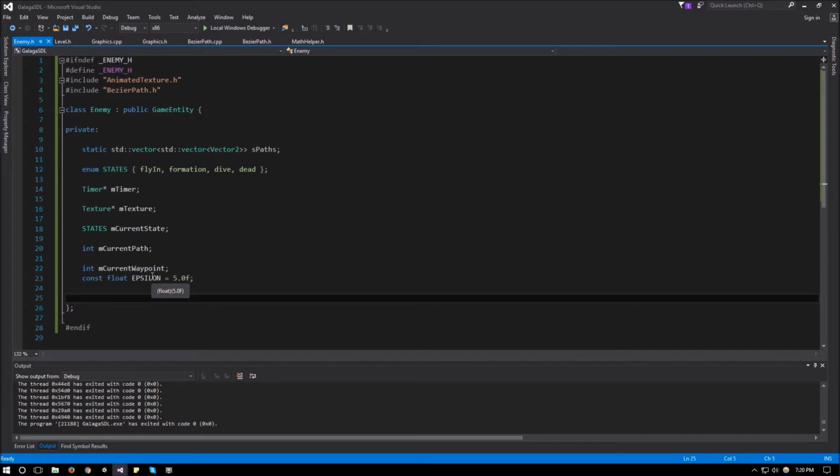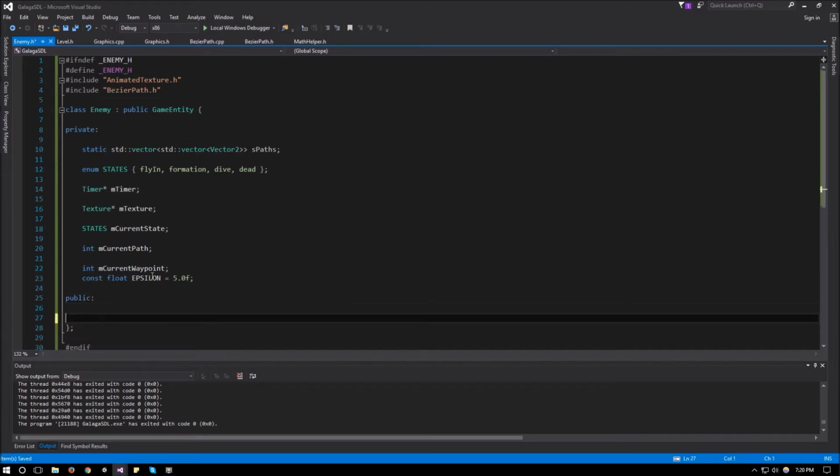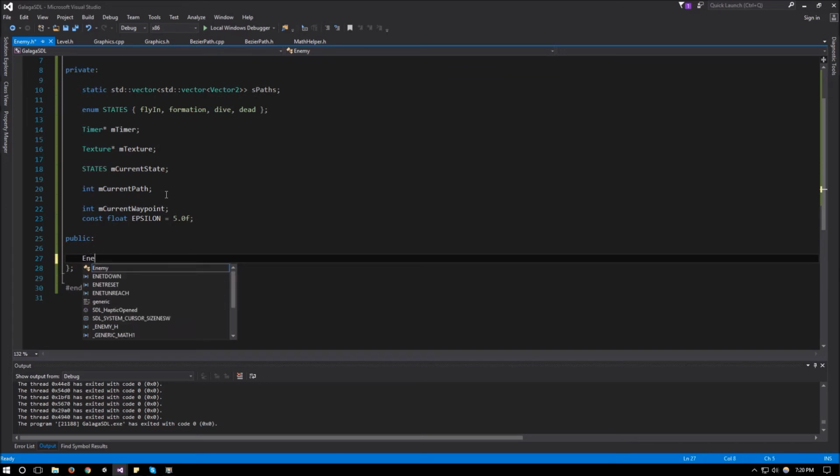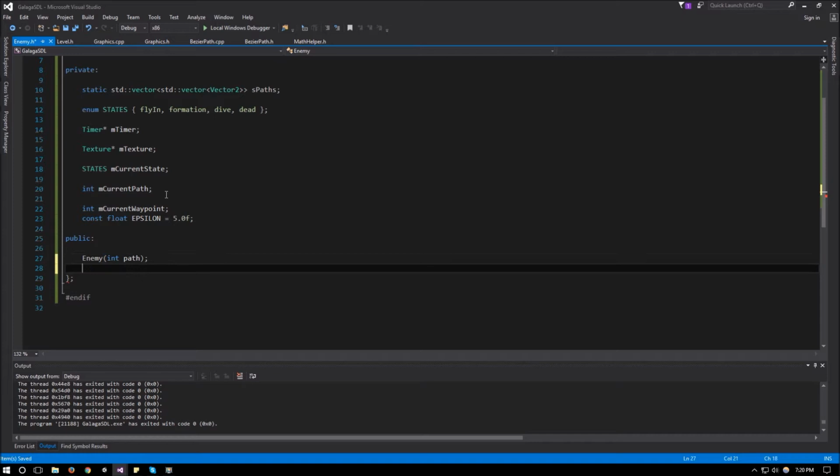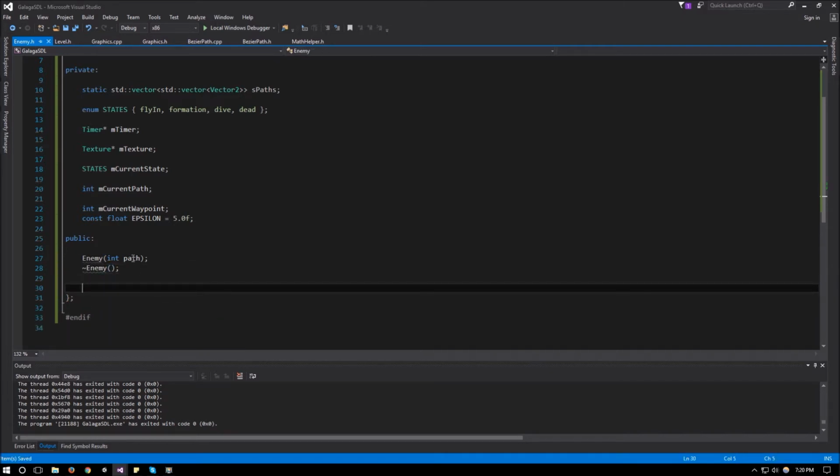Next up are the functions. So public, we will need to create an enemy. So enemy, and the enemy will take in an int path, and then the destructor enemy. That should be fine. Now, next up, we will need a function for each state that we're in. Right, the destructor probably needs to be virtual. So we have our virtual destructor, and then virtual void handle fly in state,